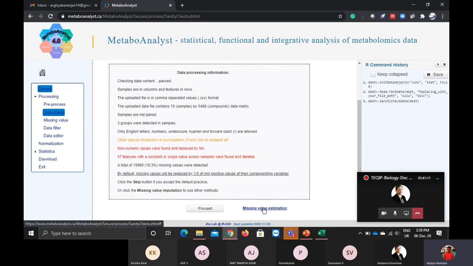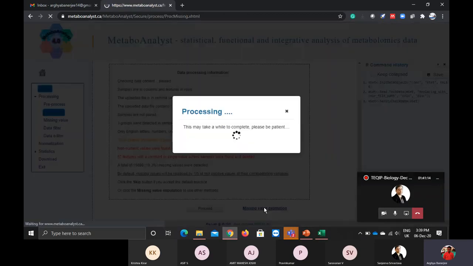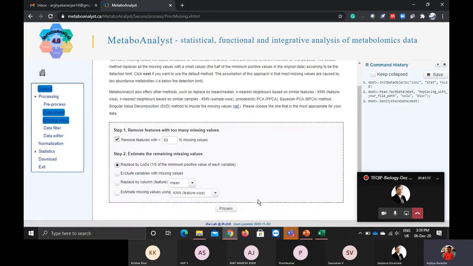Once I have come here, comes the missing value imputation. I will click on the missing value imputation. You have to understand whether your data needs missing value imputation or not, because if you are imputing missing values, you are inducing a skewness in the system. But the model or features having 70% of the data can be taken under consideration. So what I can do is remove the features which have more than 30% missing values.